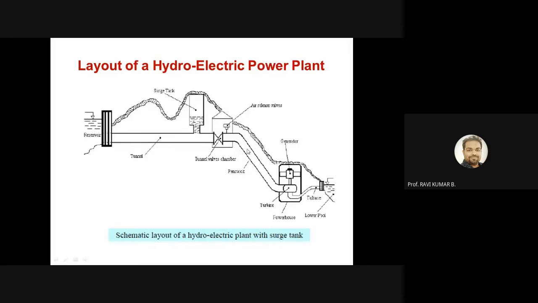And back pressure will create noise within this piping system. That is what we can call the water hammer problem, so that needs to be avoided. For that purpose, a surge tank is usually attached. This is the surge tank location where we will attach it. What it will do is avoid any kind of fluctuations of pressure within this piping system.